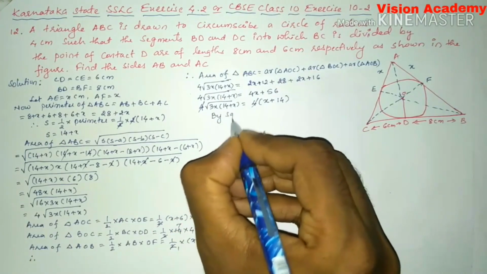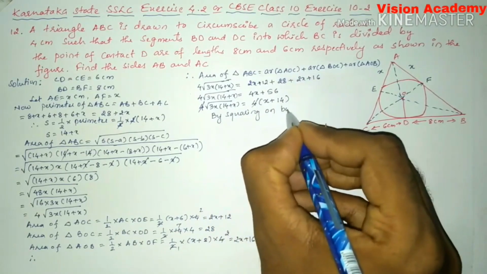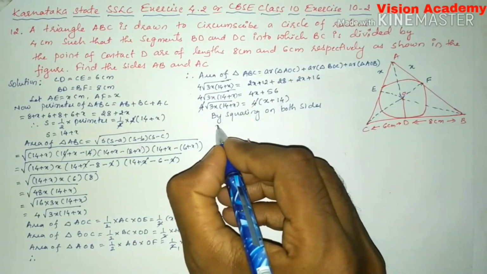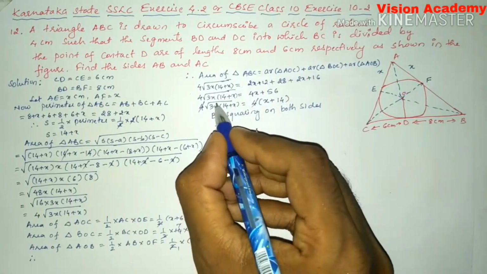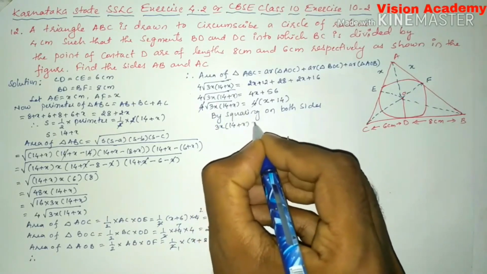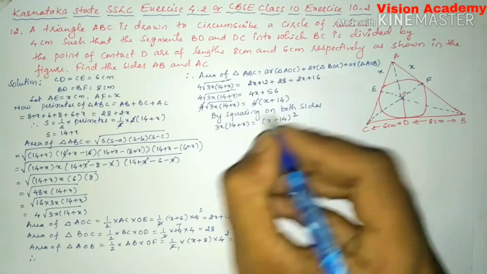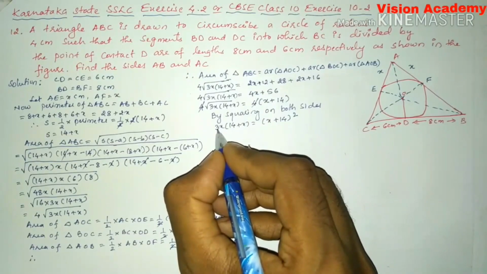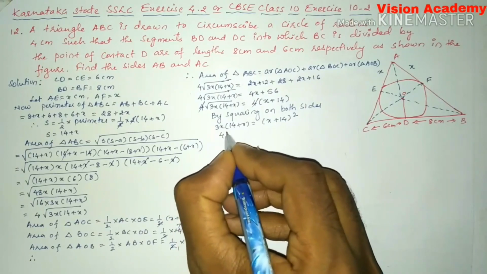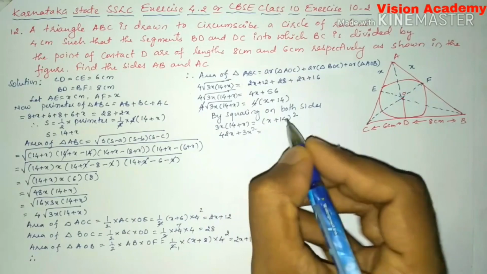By squaring on both sides we get 3x into 14 plus x, because the square and square root will get cancelled, is equal to x plus 14 whole square. Now multiply this 3x inside of the bracket. Now it will become 3 14s are 42x plus 3x into x is 3x square, is equal to,